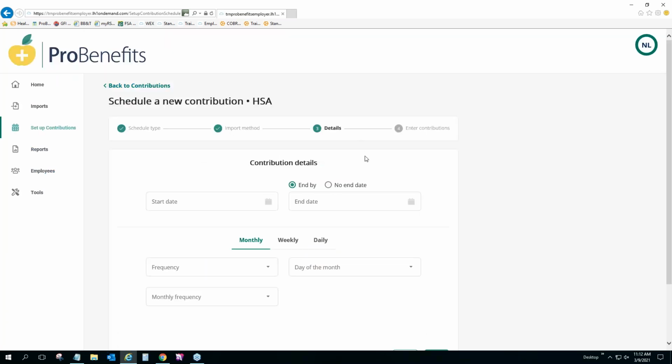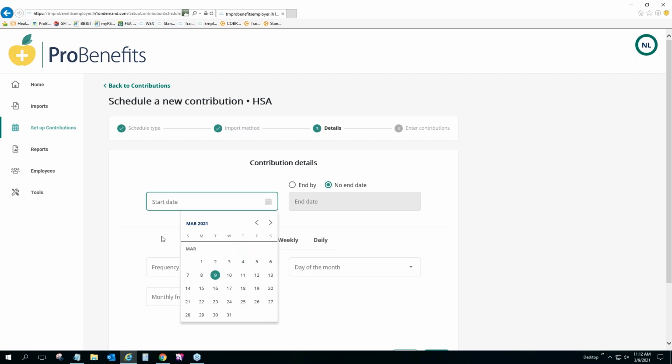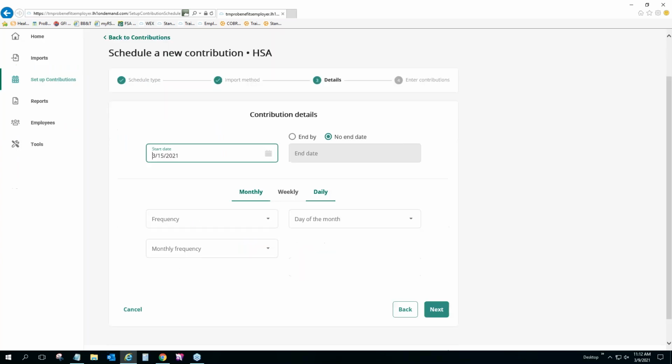You'll set up the details for your contribution schedule. You can choose whether you want an end date or whether you want your schedule to not end. You choose a start date for your schedule. And then at this point, you choose the details of how you want your schedule to run, usually based on